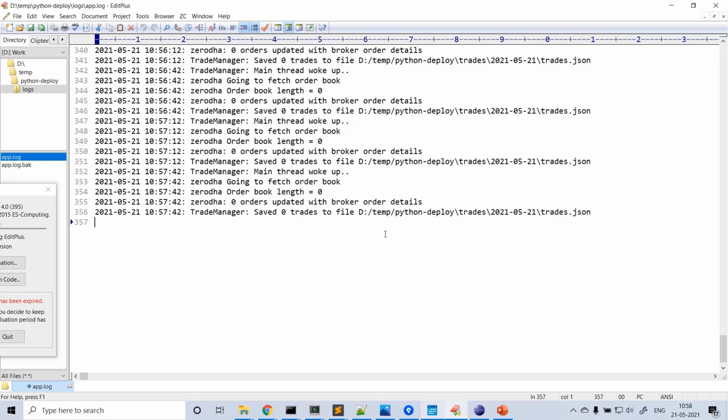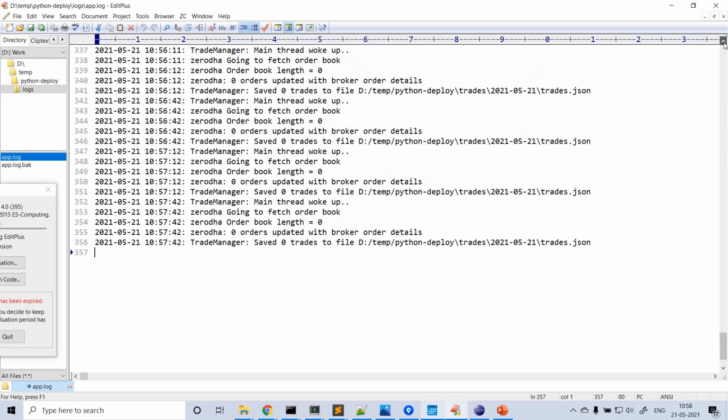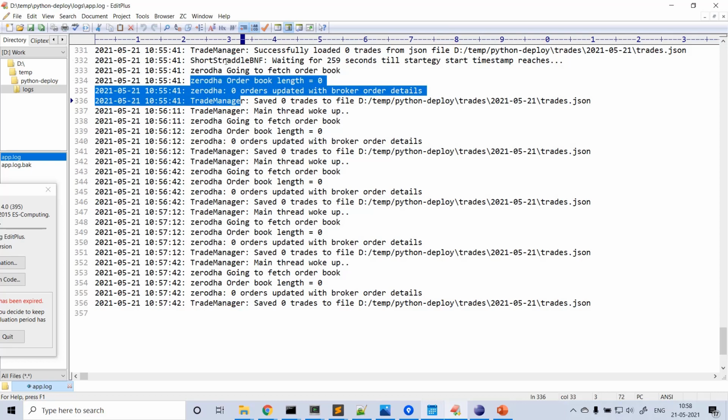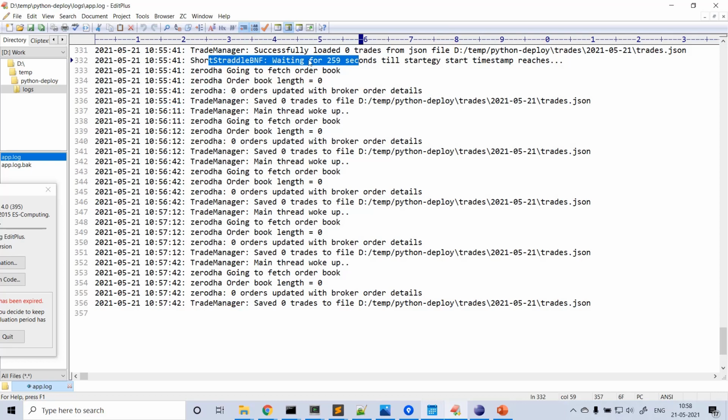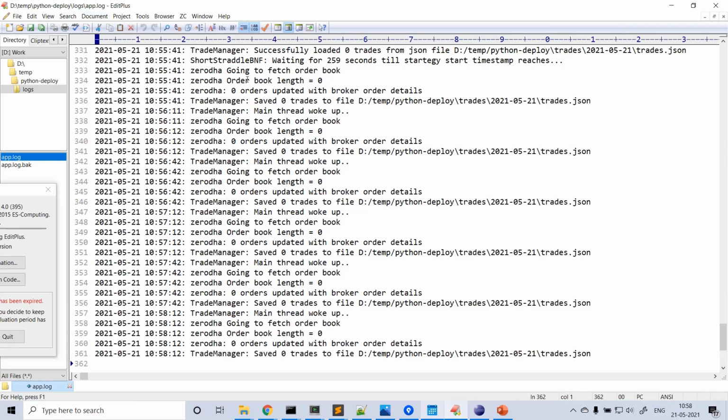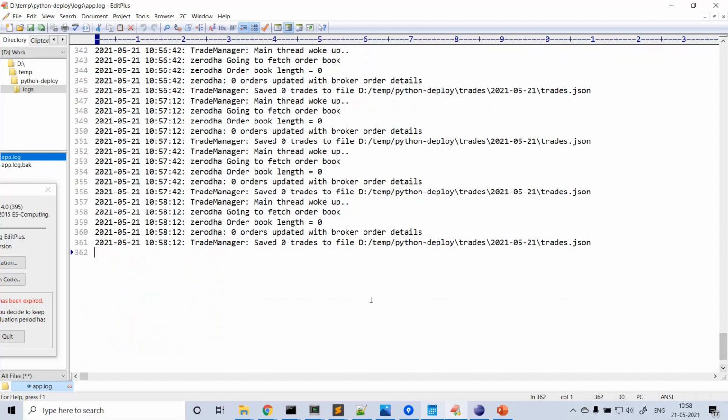After that, it will update all the orders of internal trades, like entry order, stop-loss order, target order, wherever it is applicable. The trade manager is running parallelly, and for each strategy there is a separate thread, also running parallelly. In this case, this is just another thread where we are just waiting. We just wait till 11 am. Once it ticks 11 am, this will get the current market price, analyze things, and place the trades. That's how it works.